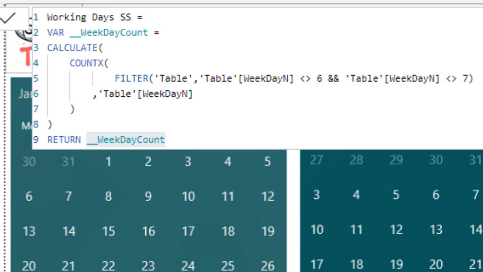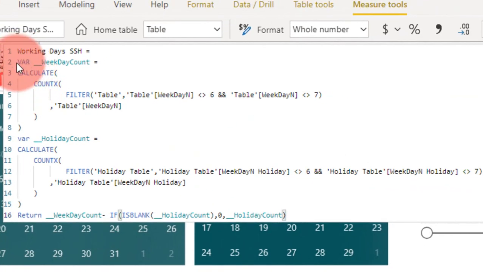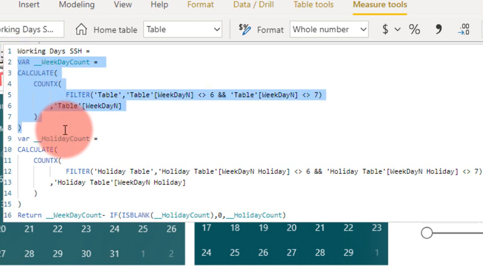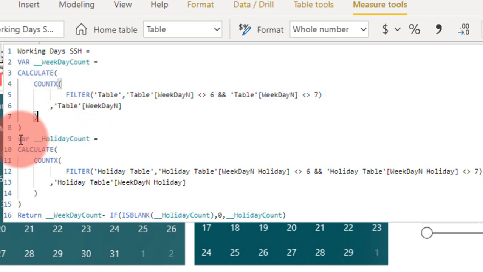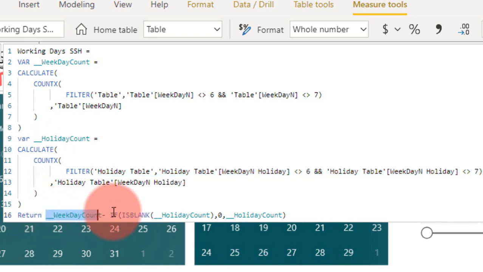Now let's have a look at this one inclusive of holidays. Here I'm declaring two variables. One is the weekday count, same as before, and then a separate one for holiday count. So CALCULATE COUNTX, filtering the same holiday date table. I'm excluding the Saturday and Sunday from this as well. If the holiday comes on Saturday or Sunday, I'm not going to consider it as a holiday. After that, holiday count, I'm taking a total count, and on the return, I'm using weekday count minus